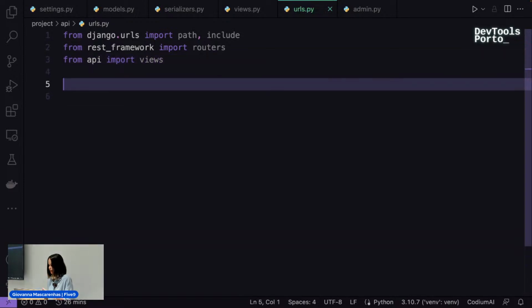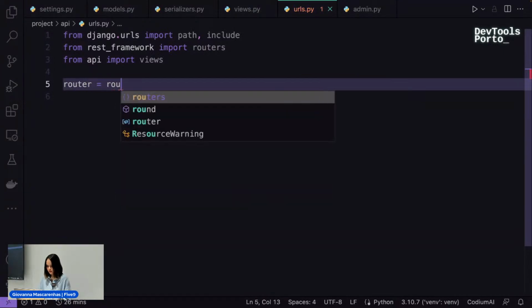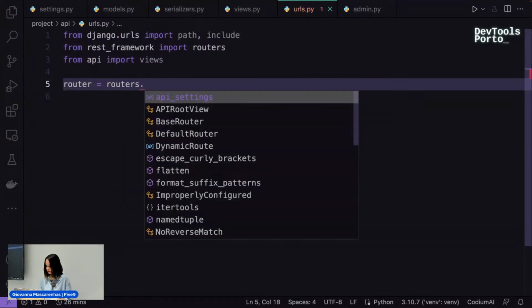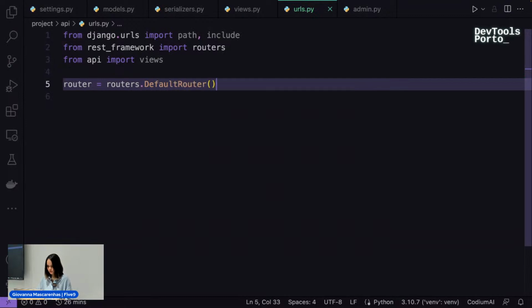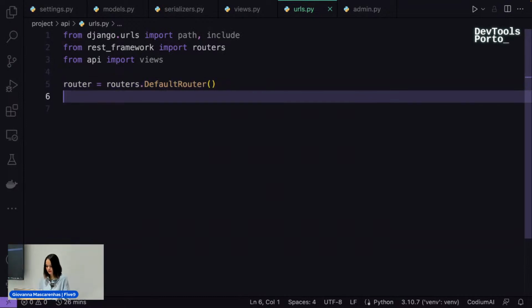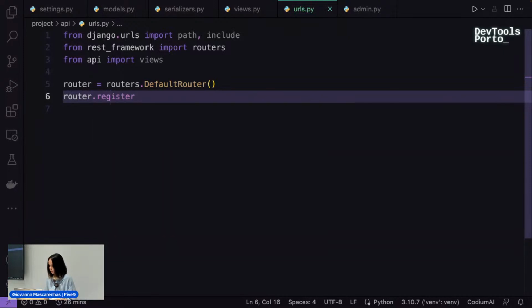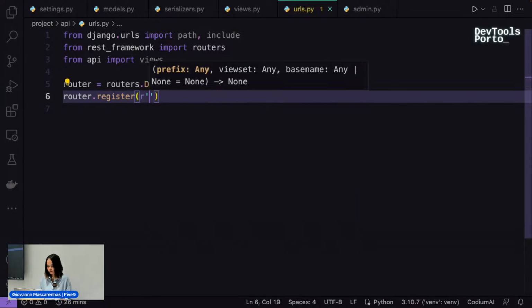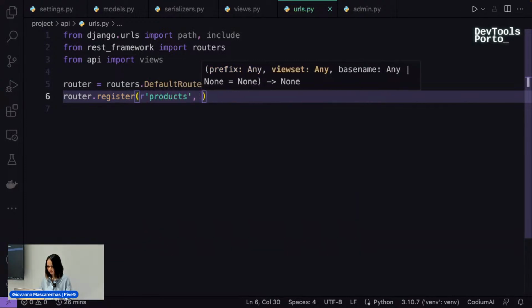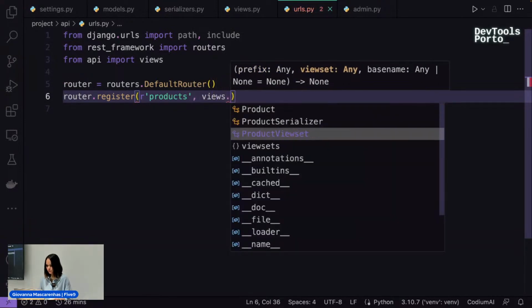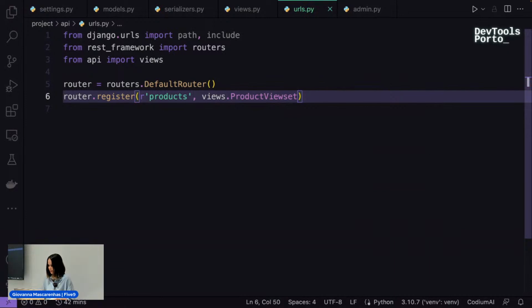Okay, so here I'm gonna pass the router. That's gonna be routers, default router, and actually register my new API endpoint. So it's gonna be products. And here we have views and the view that we created, the view class.